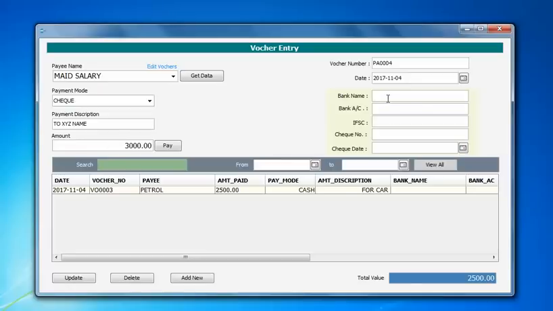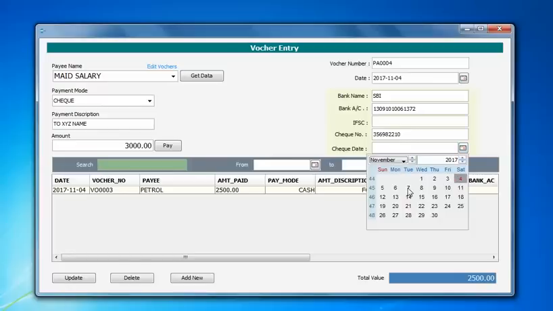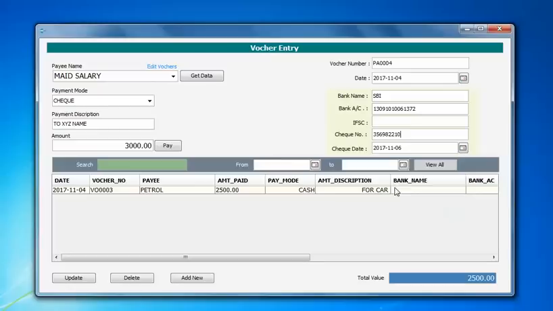With which bank check you have given? SBI, or you can write the IFSC code, it may be anything, or you can write the check number here. And the check date will be something, say you have given on the 5th, so Sunday is holiday, so you said to transact, take the check on the 6th, you have written the 6th date and given the check to the maid, and I'll just click on pay,